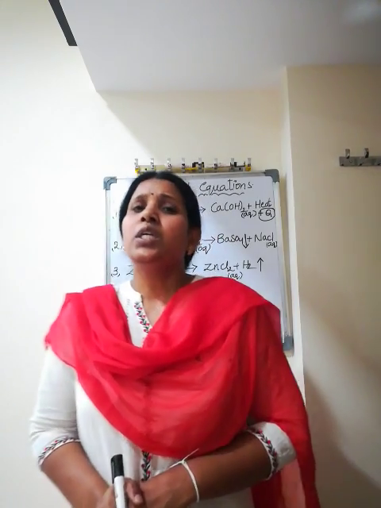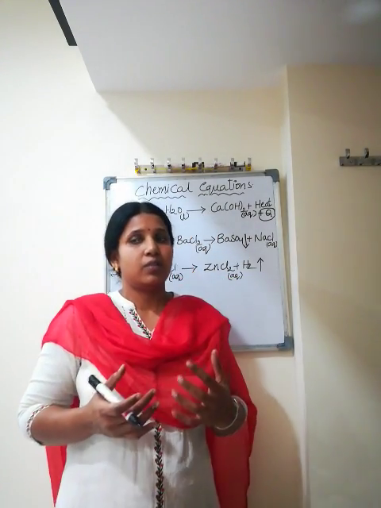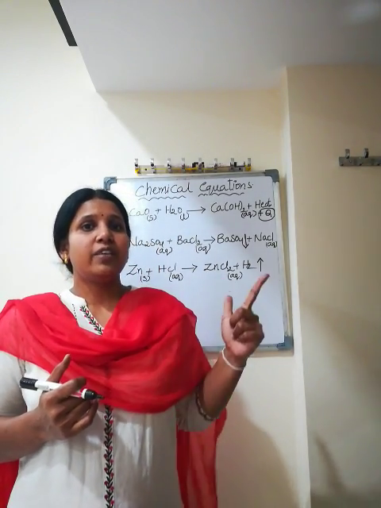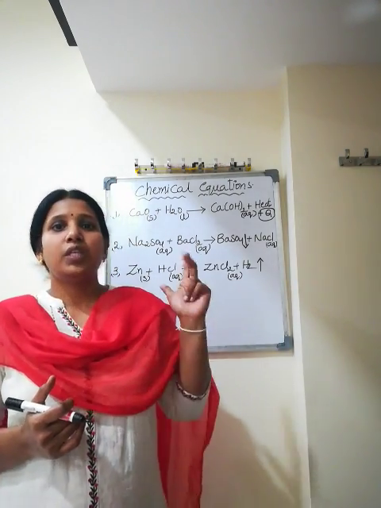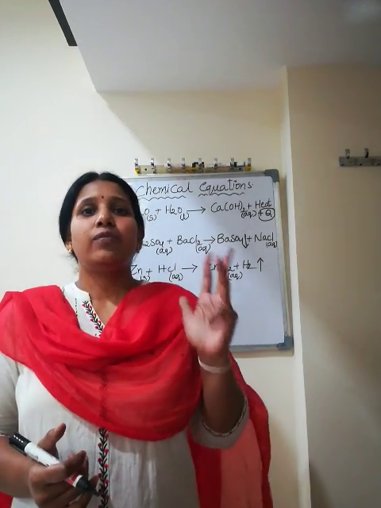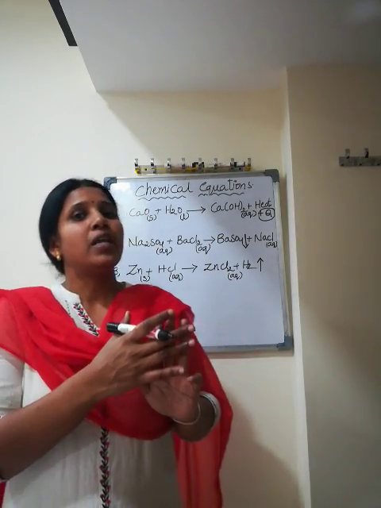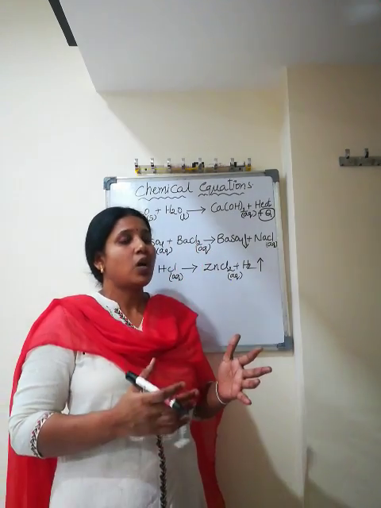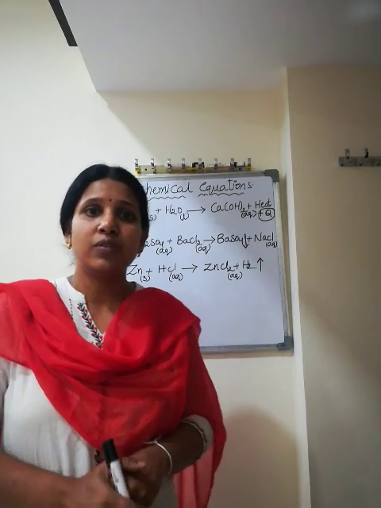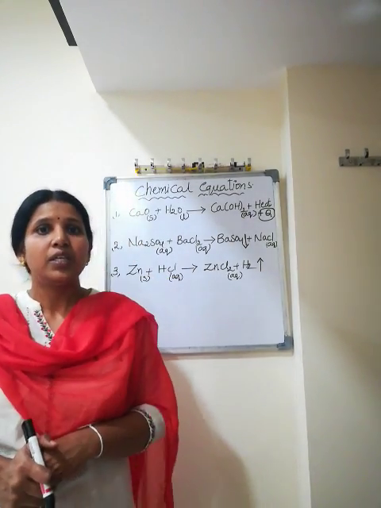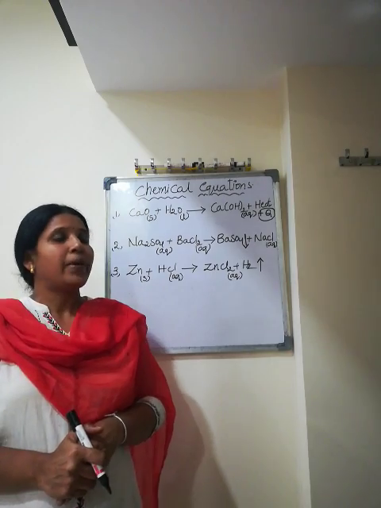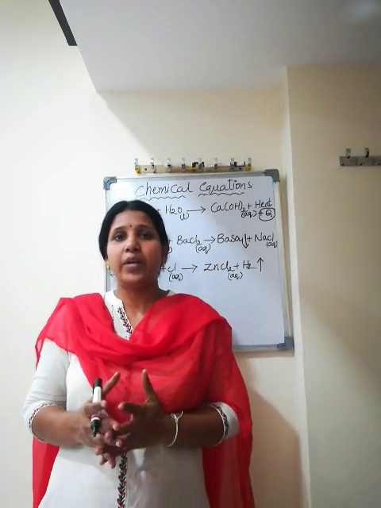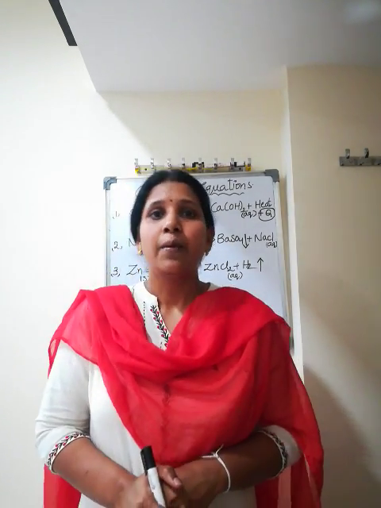Clear, children? Once again we are revising what we discussed till now. The first one is changes, the second one is chemical equation, the third one is types of chemical equation, the fourth one is the trial and error method to balance an unbalanced equation, and the fifth one is how we can make the balanced equation more informative. Hope you understand, children. In the next class, third part, we will discuss what you are interpreting from a balanced equation. Interpreting means what information you are getting from the balanced equation.